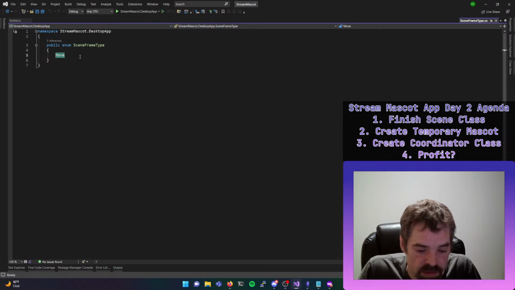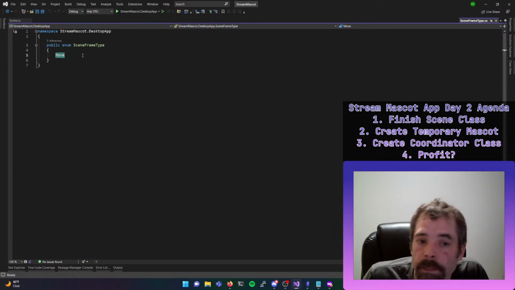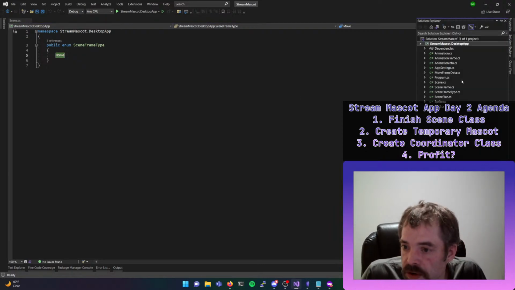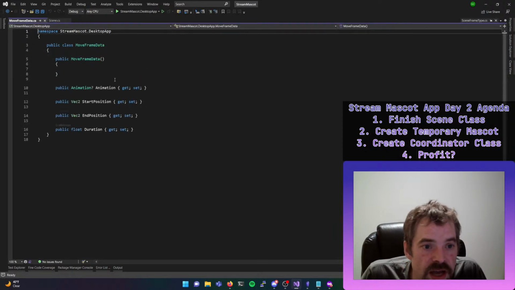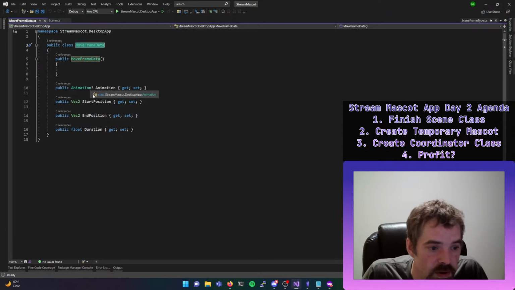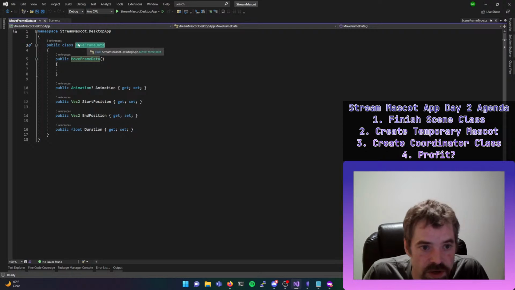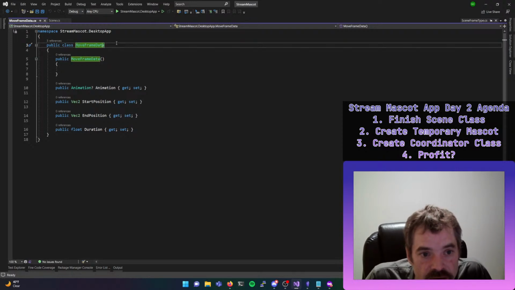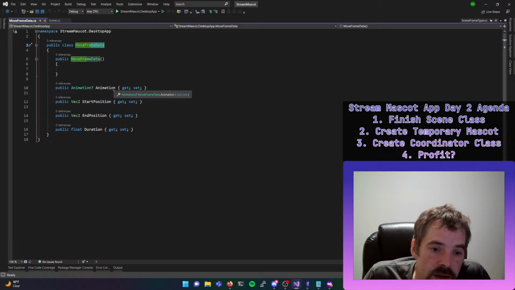So we're going to have a sprite, and we're going to give it 2 positions. And I think let's go over here and look at our move data. So this is the actual data type that we're storing there. We're going to cast that property over to this data type. Once we realize that it is a move type, that means the data will be of this type,